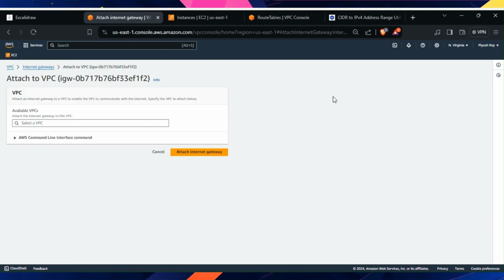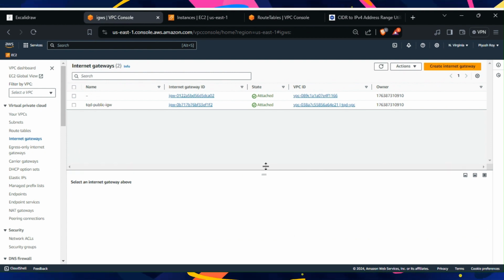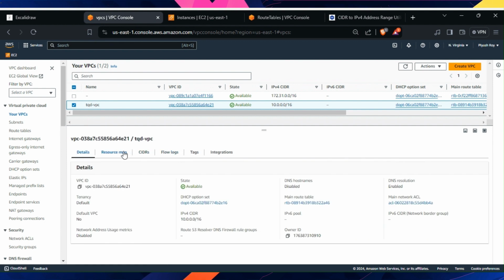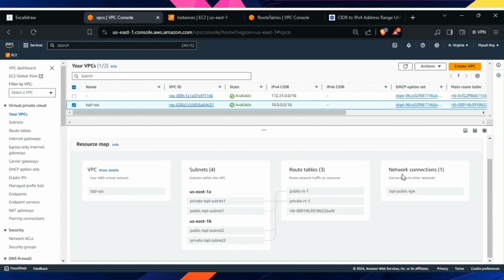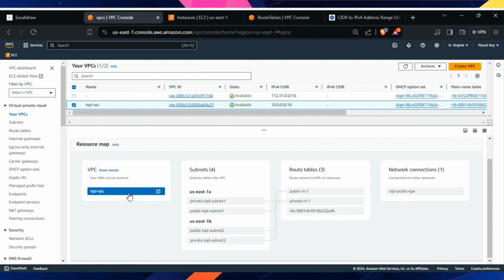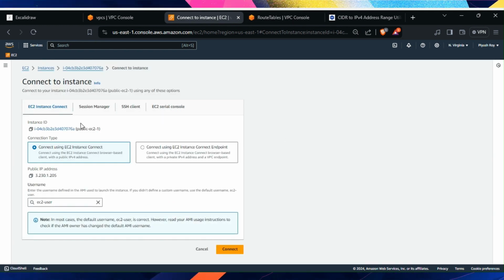Create internet gateway and name it public internet gateway. Actions, attach to a VPC. Select the VPC and attach internet gateway. Okay, this is attached to the VPC. Now if we go to the VPC again, and here we can see the resource mapping again. We have the new network connection, but this is not associated with any of the route table, but this is attached to the VPC. And if I try to connect to this,